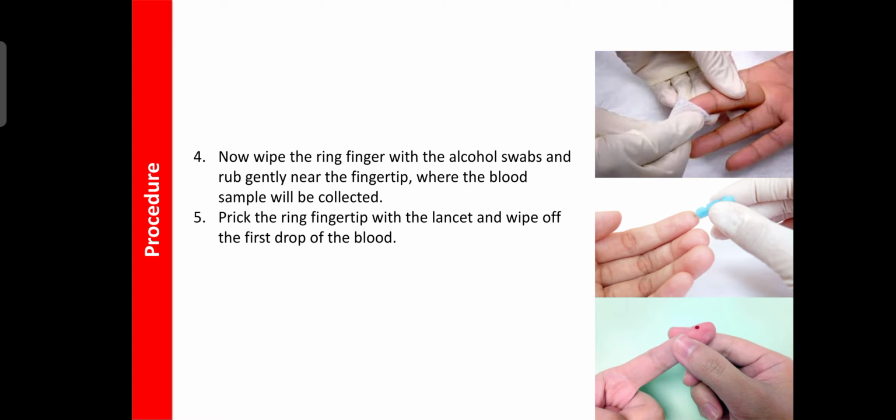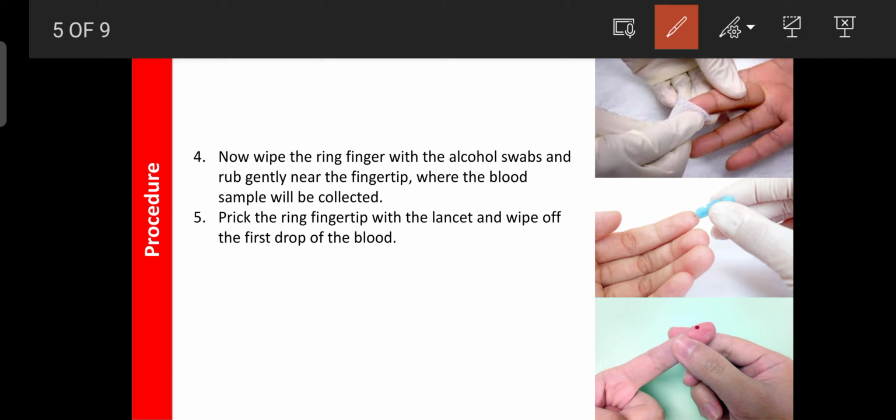Clean the finger with an alcohol swab to avoid microbial or bacterial infections during the pricking. Gently massage your finger, which helps deposit blood at the tip of the ring finger. Then, with the help of the blood lancet, as you can see in the image,